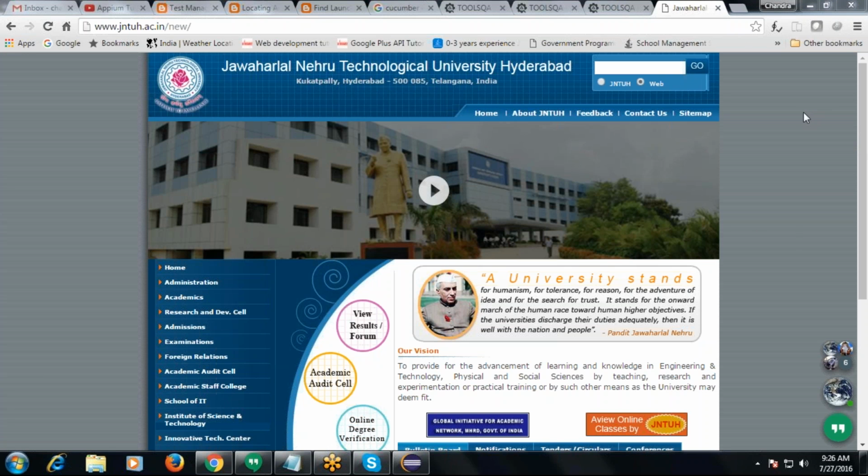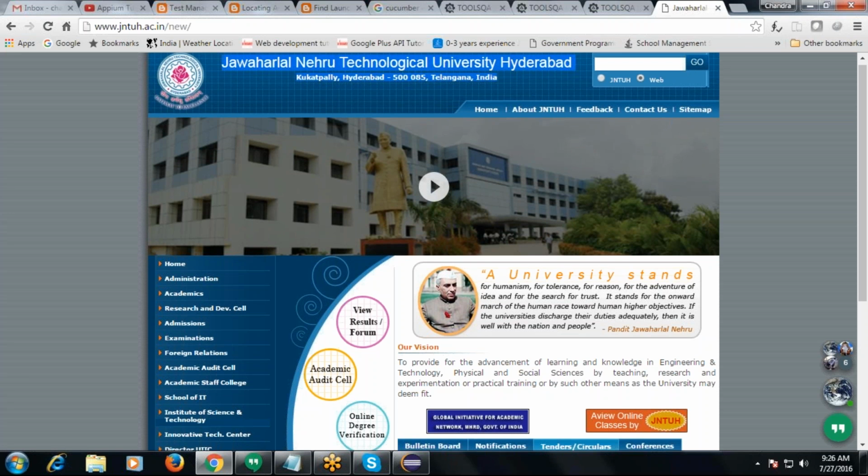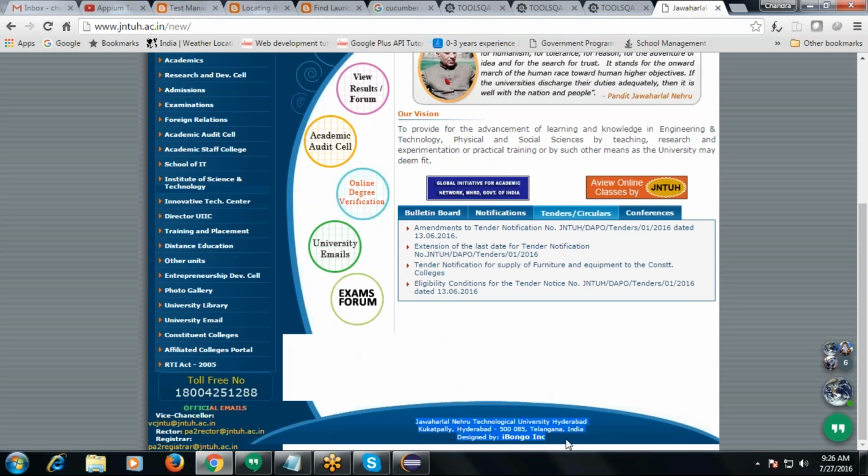But clearly you see, at the top of the page some heading is given, right? And at the bottom of the page, some content like address and pin code is given here.